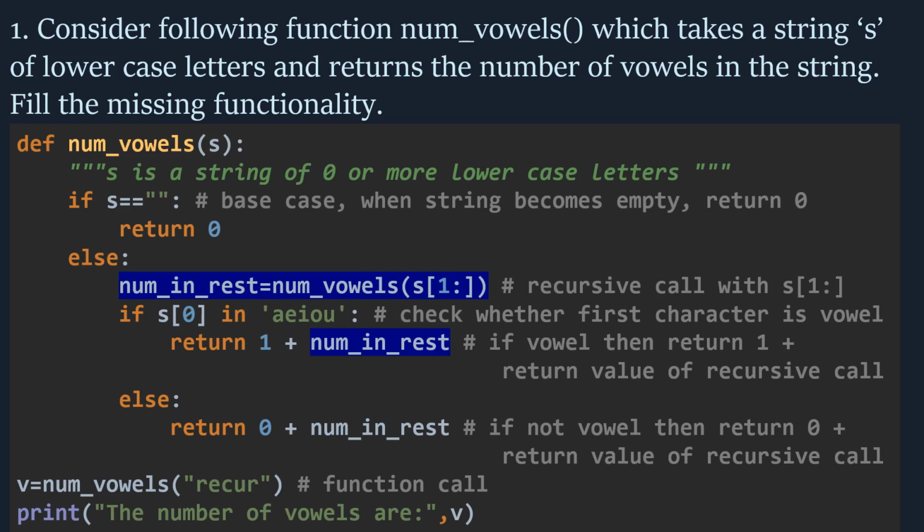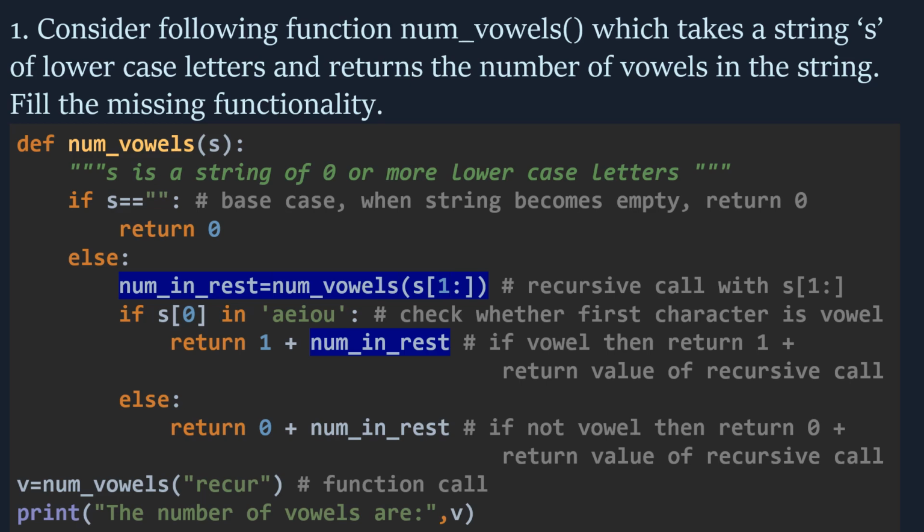That means the string where the first character is not there. That means starting from index number 1 till the end of the string, all the characters will be there in the string except the first character. So that string will be passed as the argument in the recursive call. And the result is stored in a variable num_in_rest.